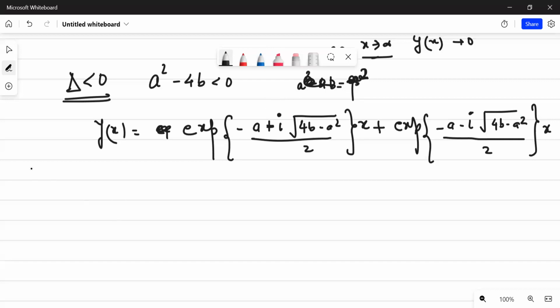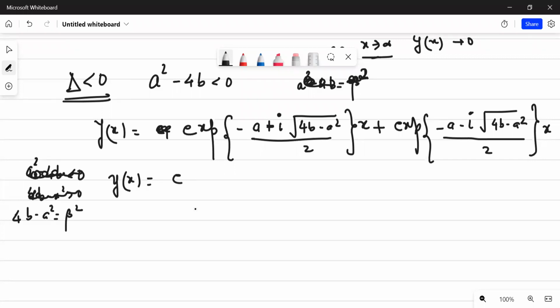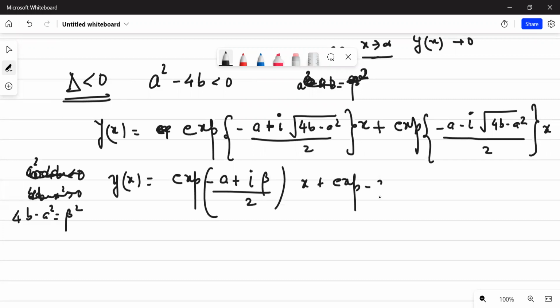So what I have written is a square minus 4b, which is negative, so what will you write? Write this entire 4b minus a square as some beta square, so that your life becomes still easier. This will be like exponential of minus a by 2, plus iota beta upon 2, times x here, and then there will be exponential of minus a by 2, minus iota beta upon 2 x. And you know that this actually summarizes to writing e to the power minus a by 2x, and then